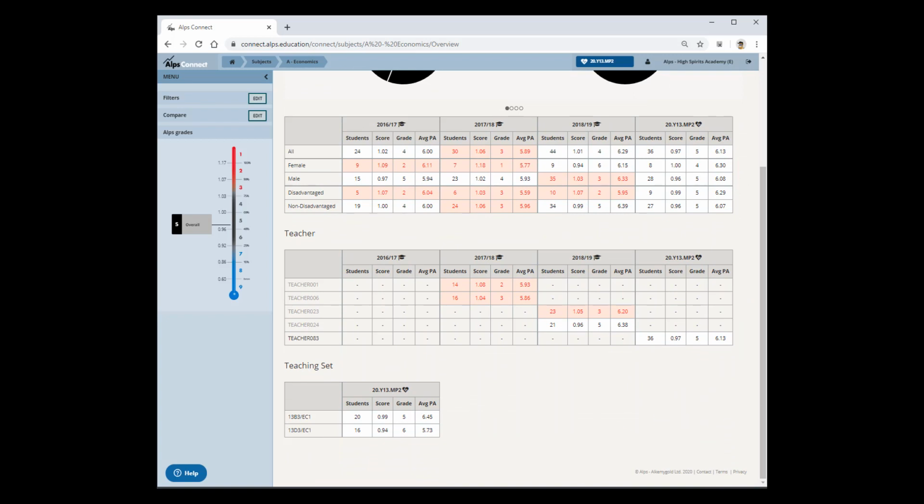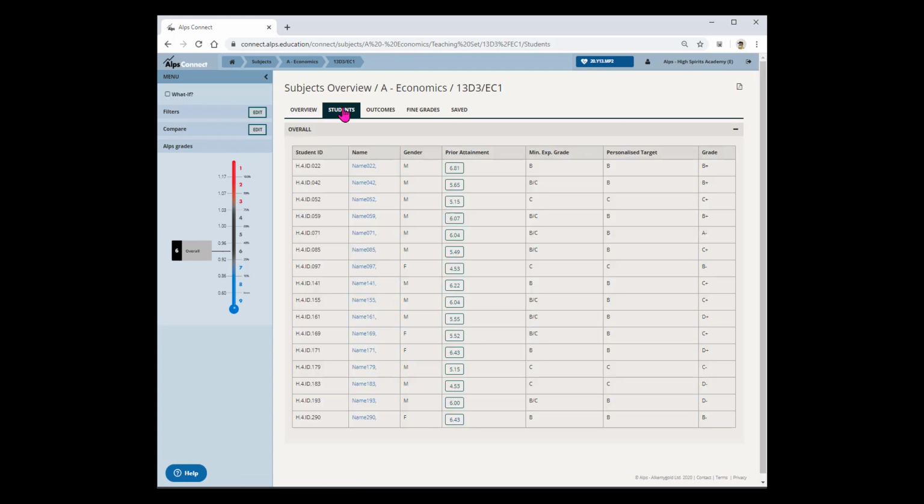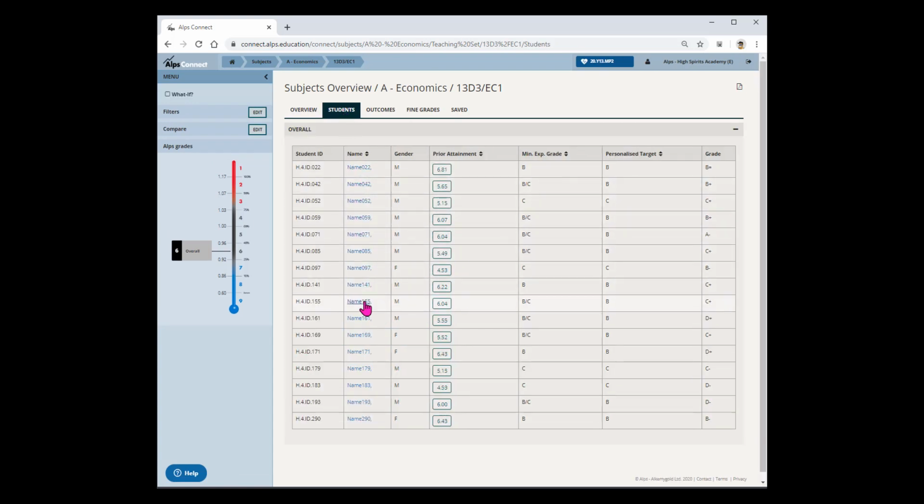If we look down at our teaching sets, we can see that this is an ALPS grade 6, and bearing in mind that our ALPS grades were 3s and 4s in the last few years, it'll be worth looking at those individual students. Now you will know these students as individuals and you will know their strengths and weaknesses. So our task is to arrive at the most fair and honest set of judgement grades to submit to the